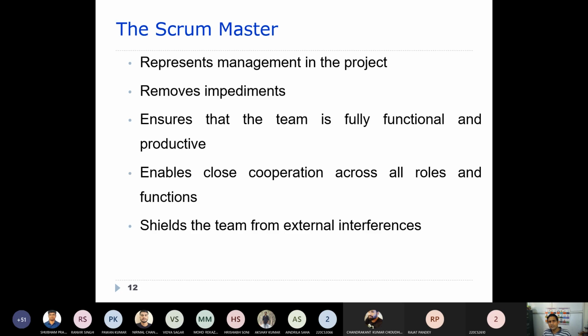Now, what are the responsibilities of a scrum master? He represents the management in the project. The product owner represents the customer, while the scrum master represents the management.